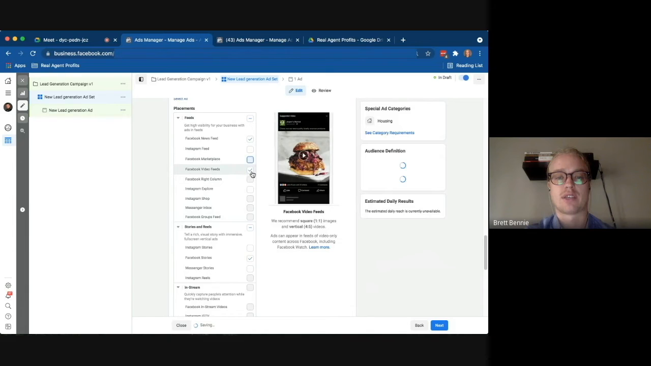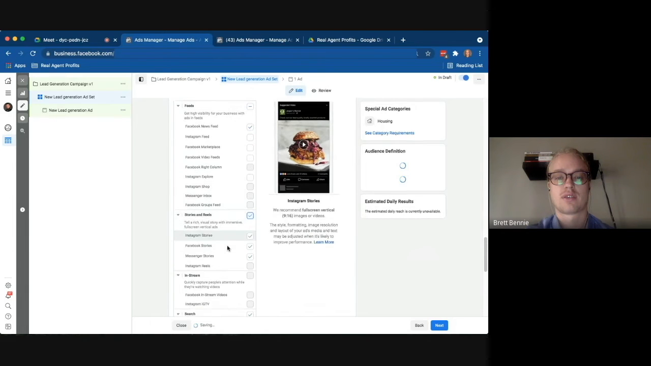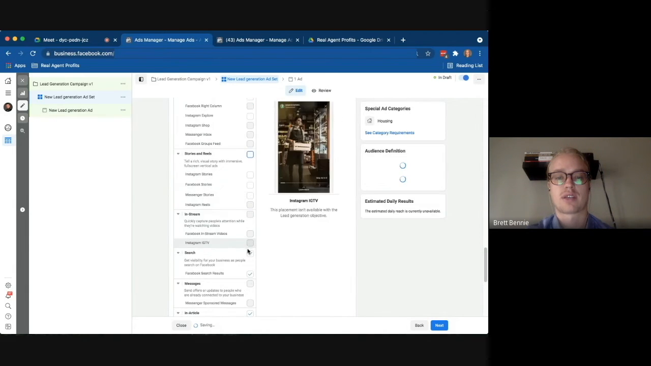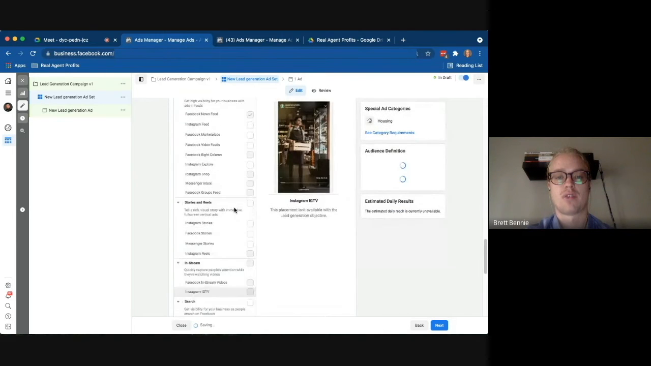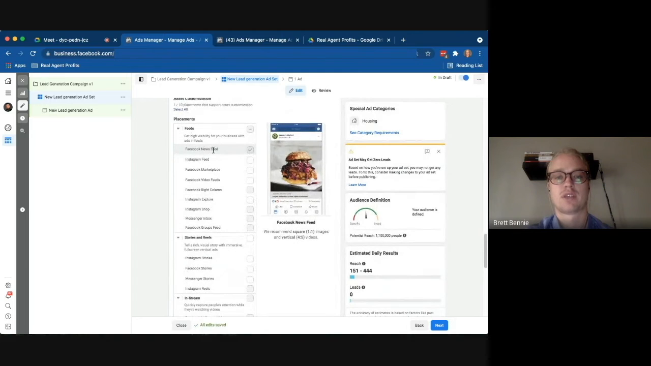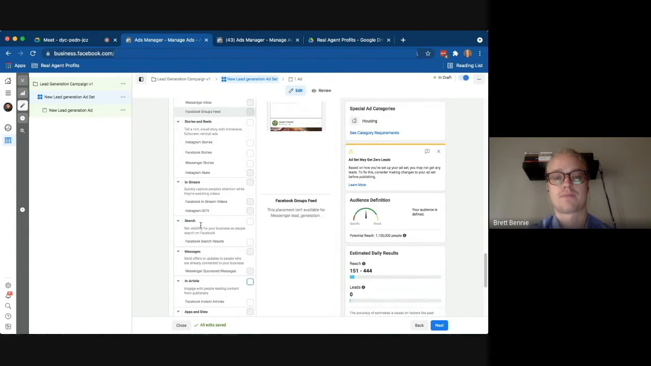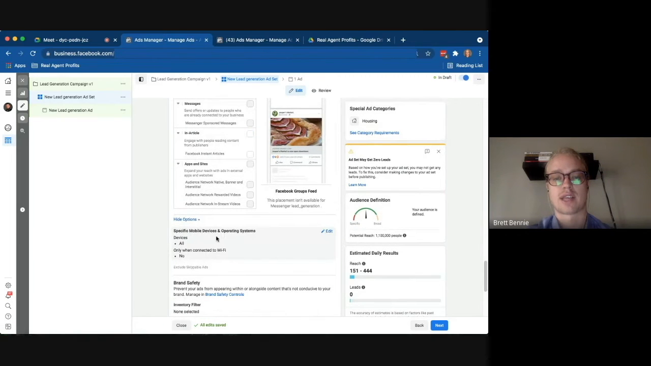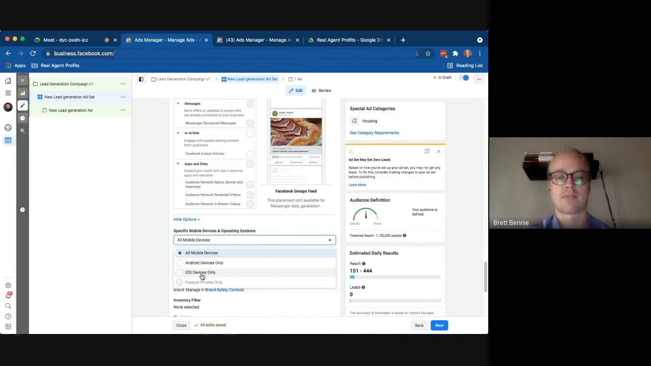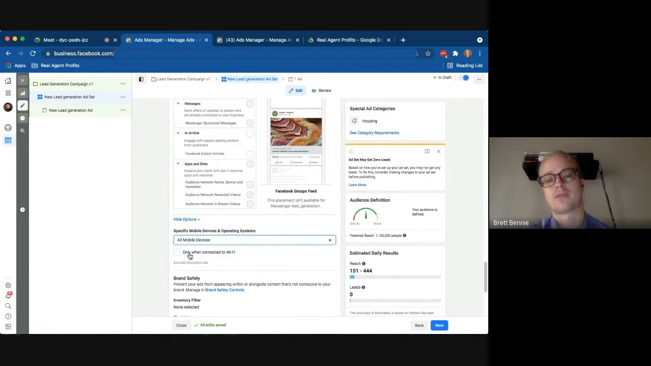So I can uncheck all these. Make sure they're all unchecked. Okay, and now it's going to be Facebook news feeds only. So that's what I want. More options. I like to edit this, and this is just specific mobile devices. So you can actually get picky and choose devices. For this, I'm going to choose all mobile, but I want to select only when connected to Wi-Fi, just in